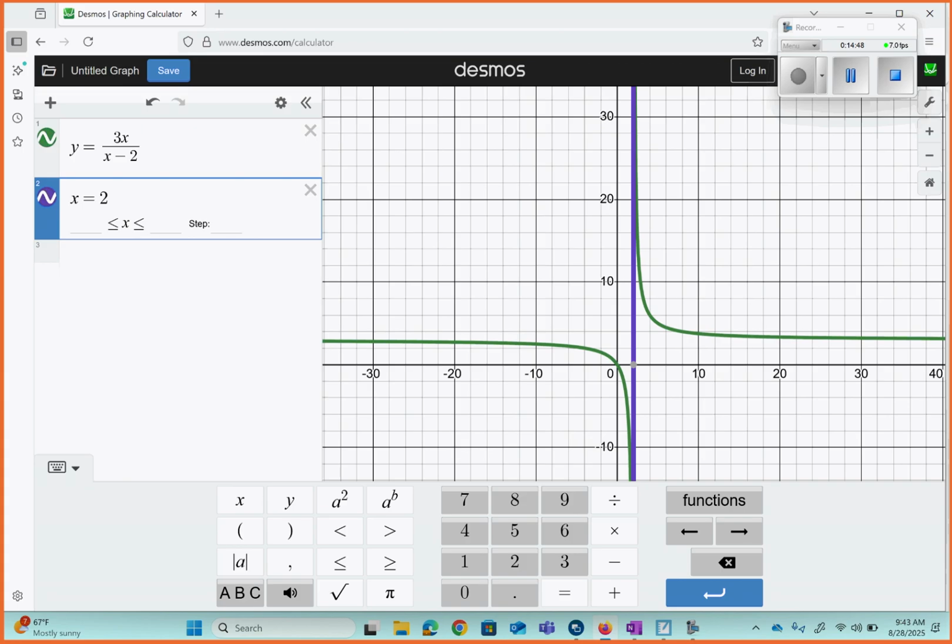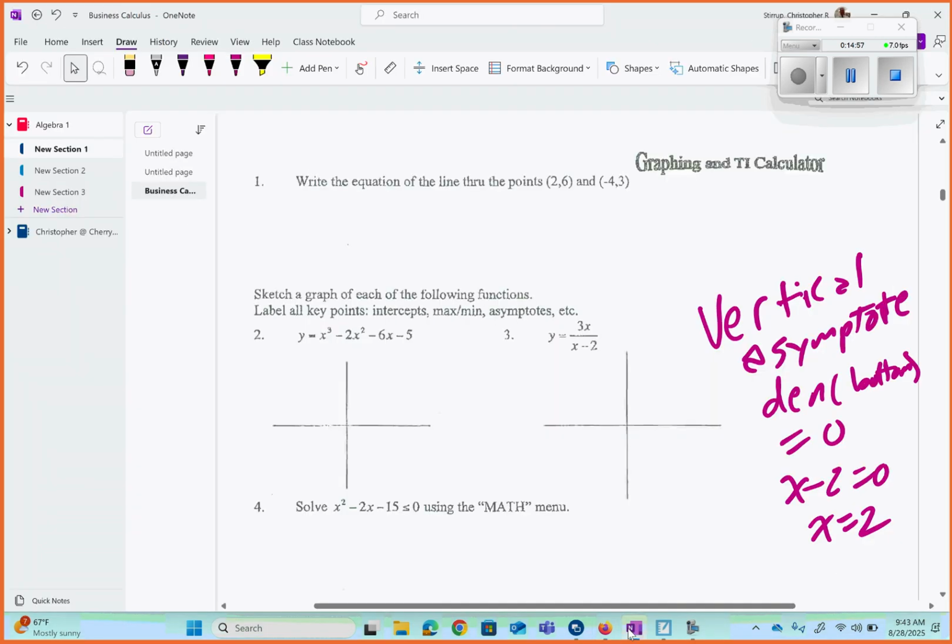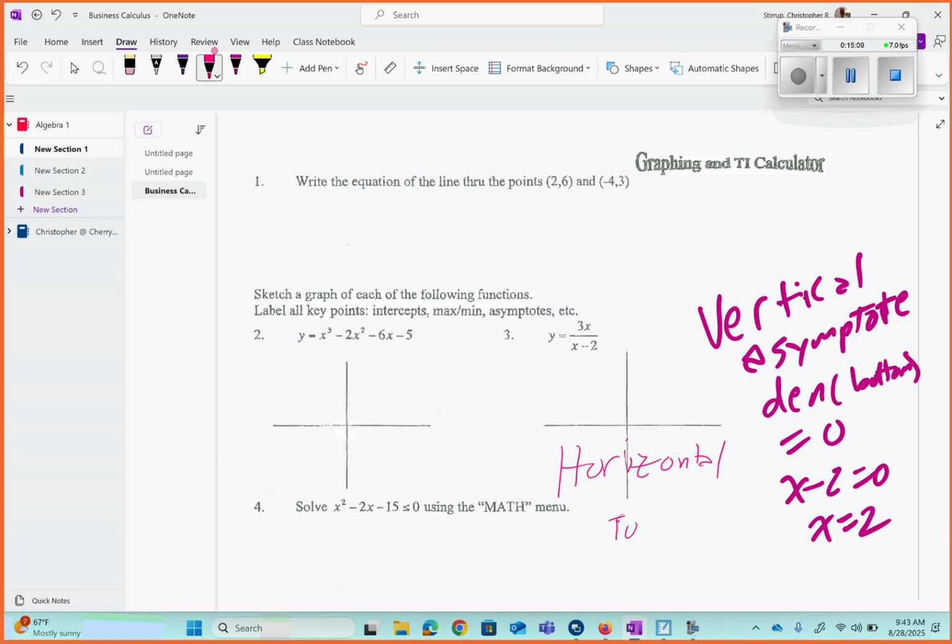Now, in order to find the horizontal asymptote in the world of algebra, you're going to do this. Here's the rule. Top, bottom. Numerator, denominator of a fraction, yes? If the highest exponent on top is bigger than the highest exponent on bottom,